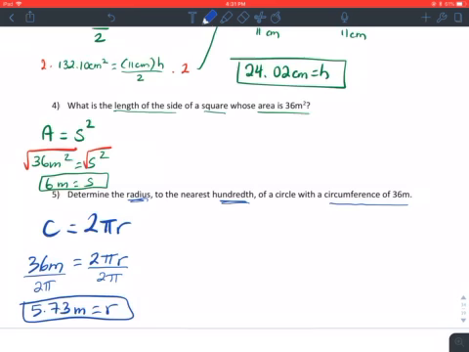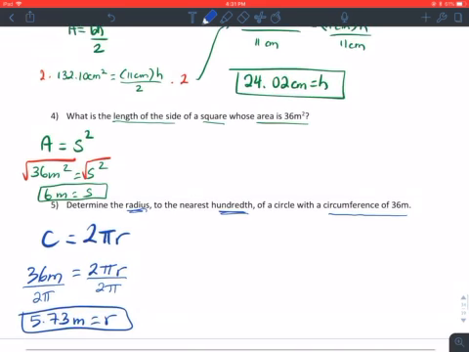Okay, so that's how we can use the idea of working backward and solving equations to answer problems where we have to find the dimension. Okay, so that takes us to the end of surface area